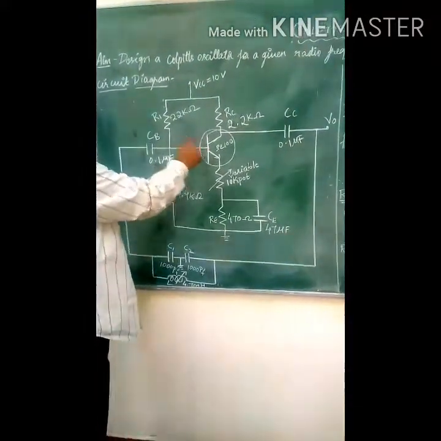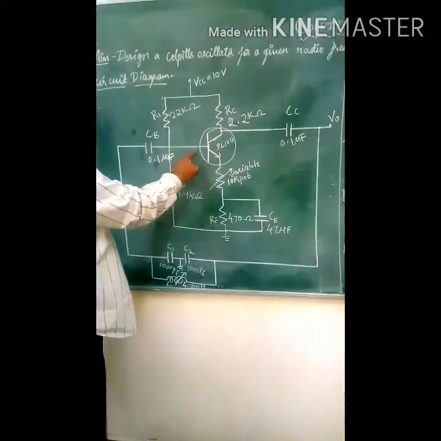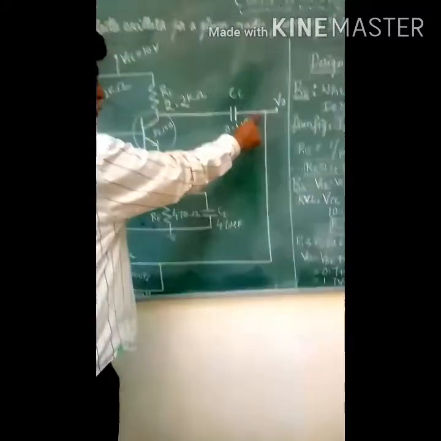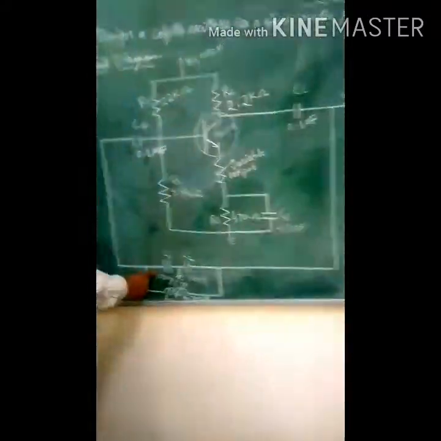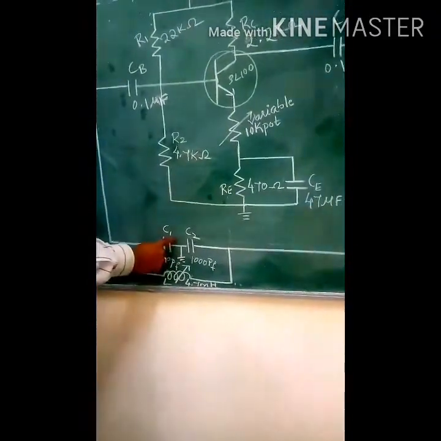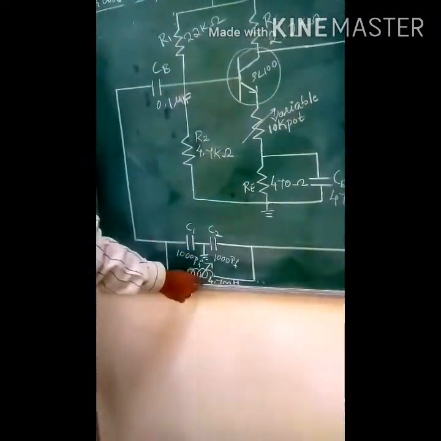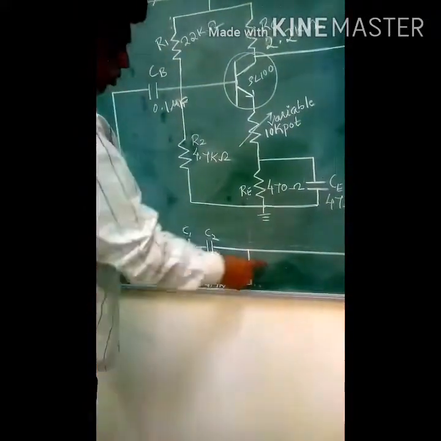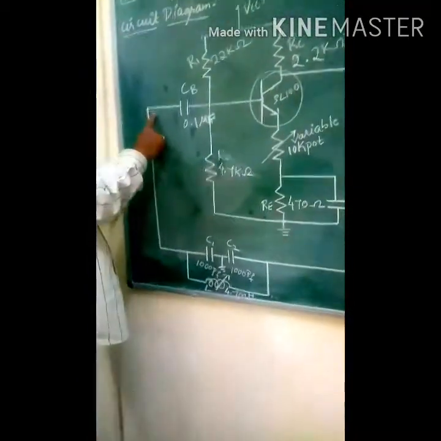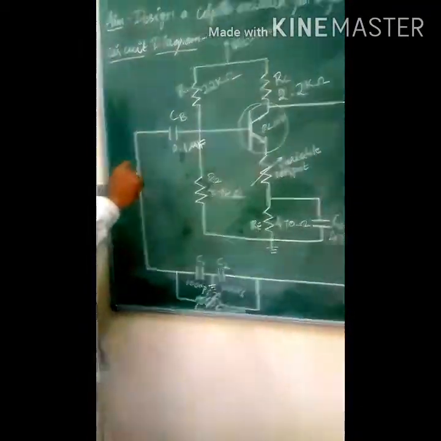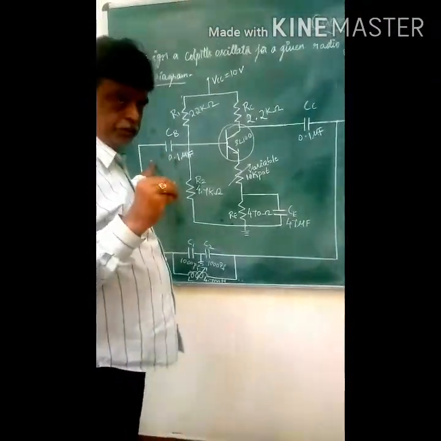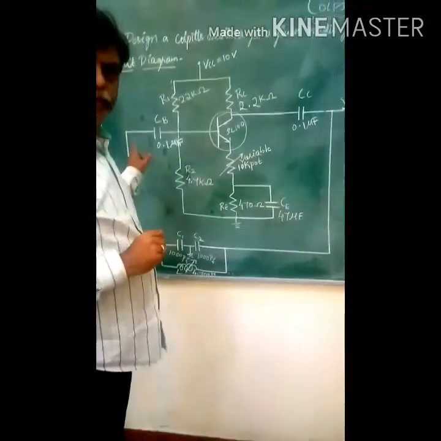The transistor produces a 180-degree phase shift, and a partial output is fed back to the tank circuit. This tank circuit is nothing but a combination of L and C, where C1 and C2 are in parallel with L1. The tank circuit produces a phase shift of 180 degrees, and overall a 360-degree phase shift is produced. For an oscillator circuit, it should satisfy the Barkhausen criteria.